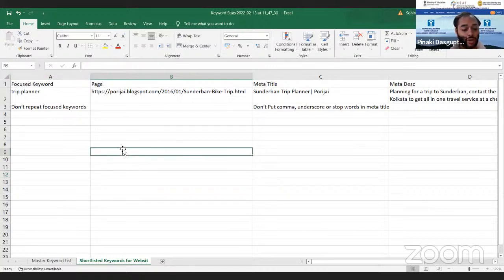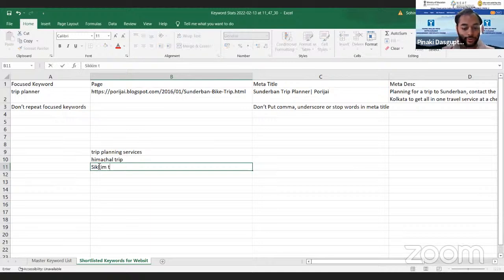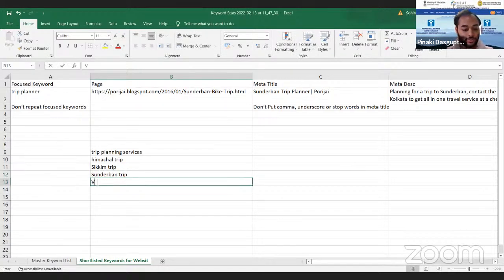So say you have a page, trip planning services, and within this page there are certain sub pages like Himachal trip, Sikkim trip, Sundarban trip, Varanasi trip.